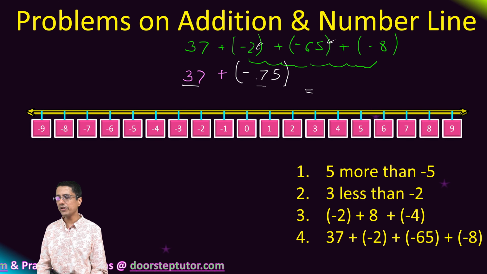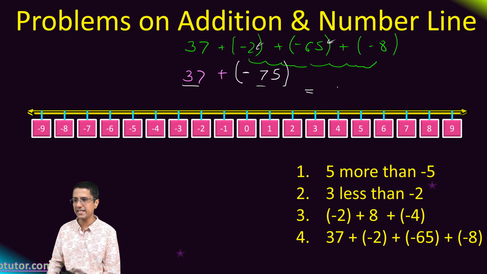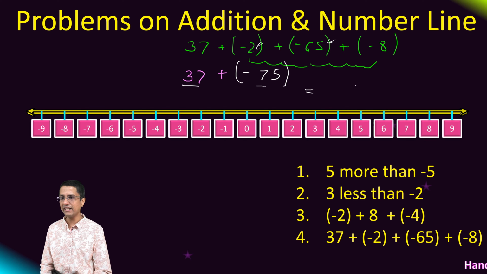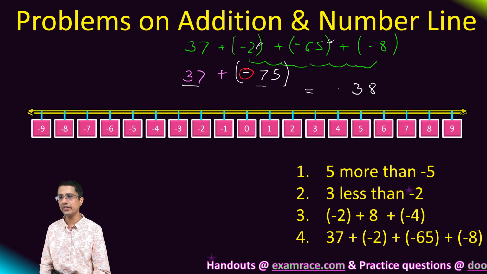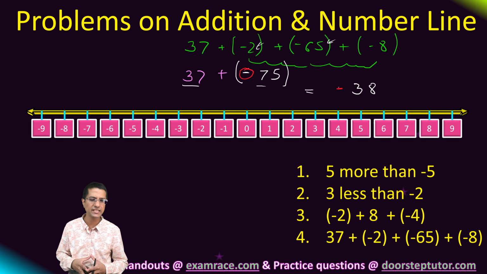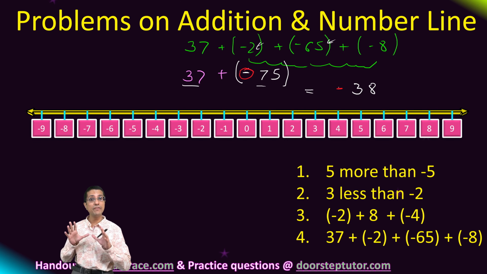So now in this case, the two terms are of different sign. The two operands are of different signs. So first we'll have to take their difference. The difference is 38 and then we'll pick up the sign from the larger magnitude term and this comes out to be minus.